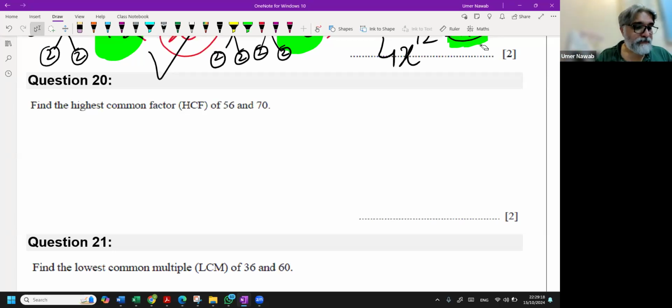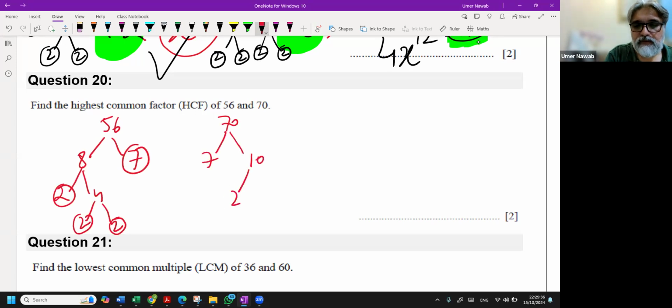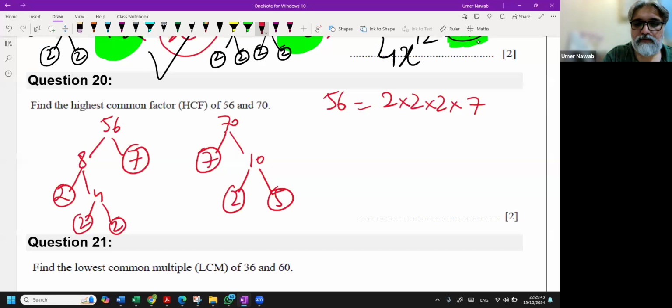Now I have to find the HCF of 56 and 70. So 56, 8 times 7, and then 2 times 4, then 2 times 2, and 70, 7 times 10, 2 times 5, so 56, 2 times 2 times 2 times 7, 70, 2 times 5 times 7, make the pairs, 2,